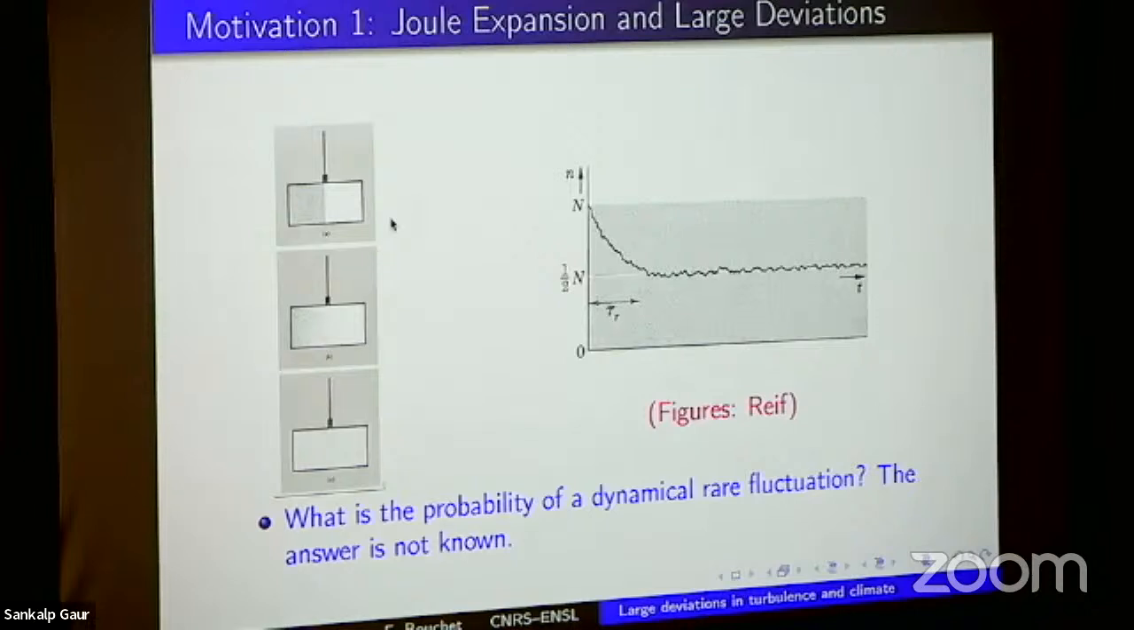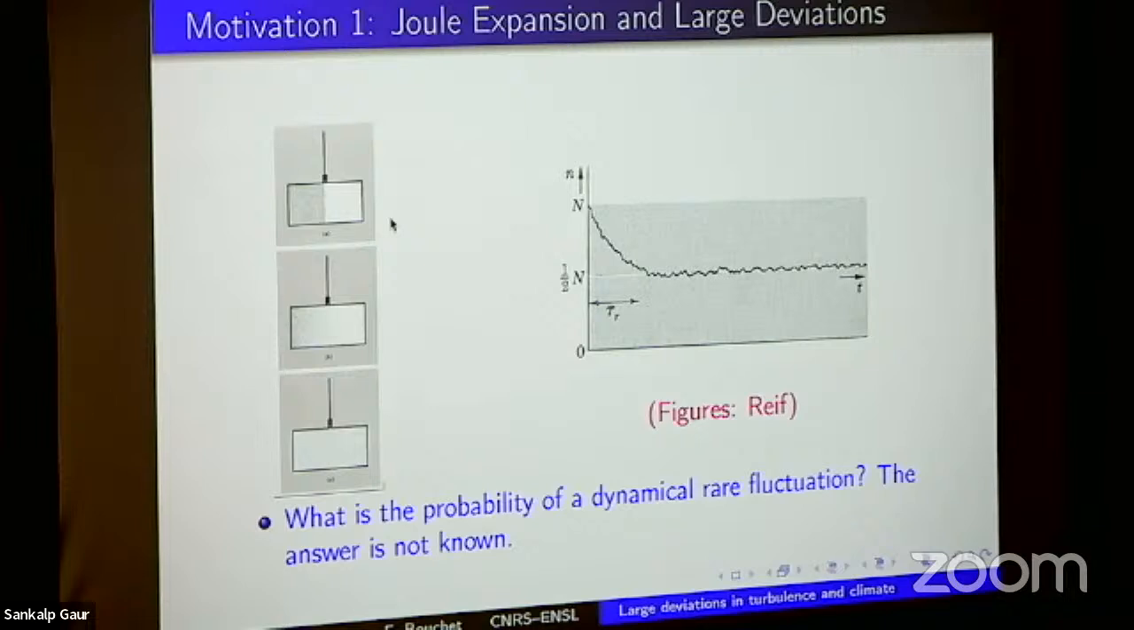So this is what you find in the classical textbooks. This is, for instance, about statistical mechanics. All these pictures are just copy-paste from the Rife textbook about statistical mechanics. And so, for instance, you describe Joule expansion. You put half of the particles on the left side of the box, you open this, and then the particles go around, and then progressively they go